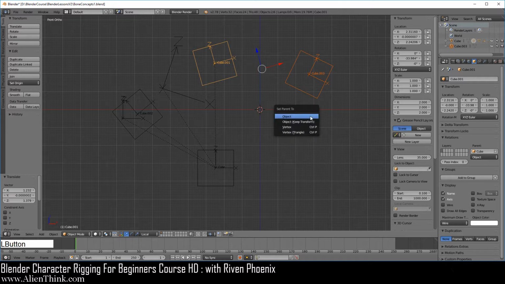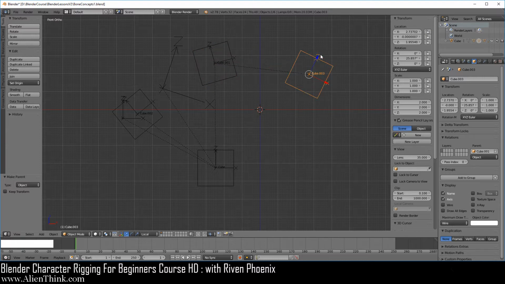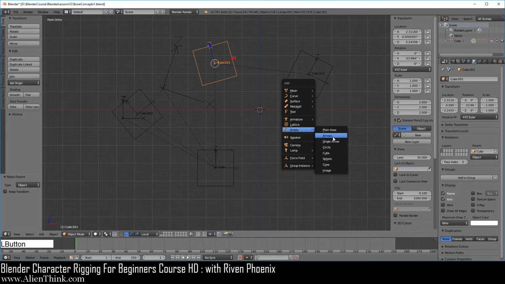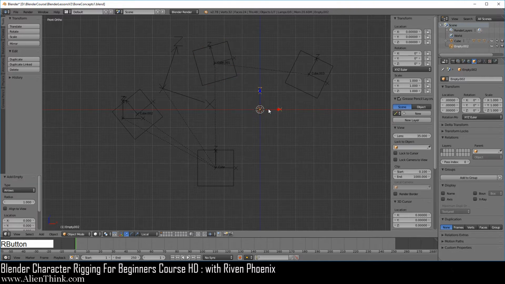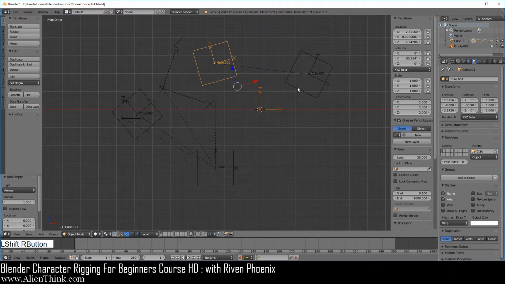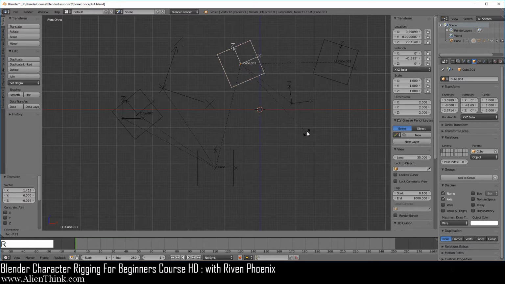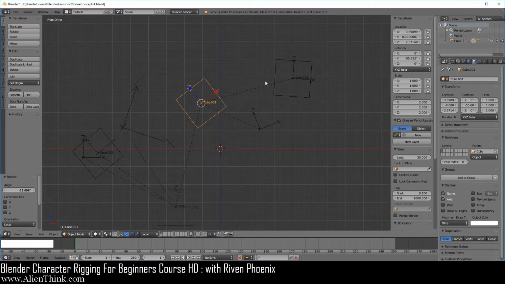Now do Control P. So this is now a nested parent-child relationship. This object is the child of this object, and this object is the parent of this object. At the same time, this object is the child of this object. Okay, so let's do the same thing. Do Shift A, and over here we're going to do arrows. Again, now we have to select this object, press the Shift key down, and make it be tracked by the parent of this object. So just do Control P and select Object. Now when you click on this object, press the G key and press the R key to rotate, you'll notice how these concepts are working.